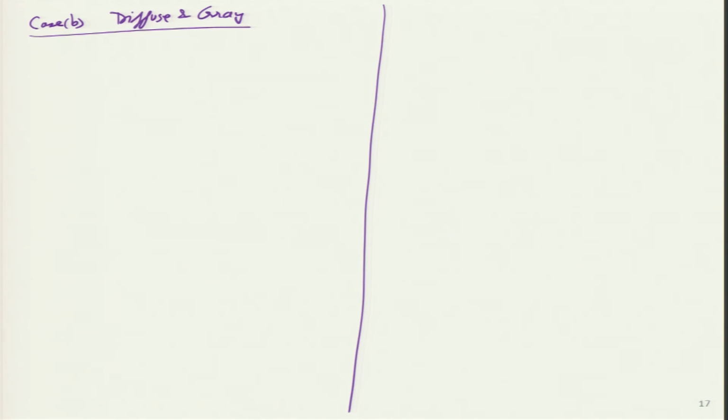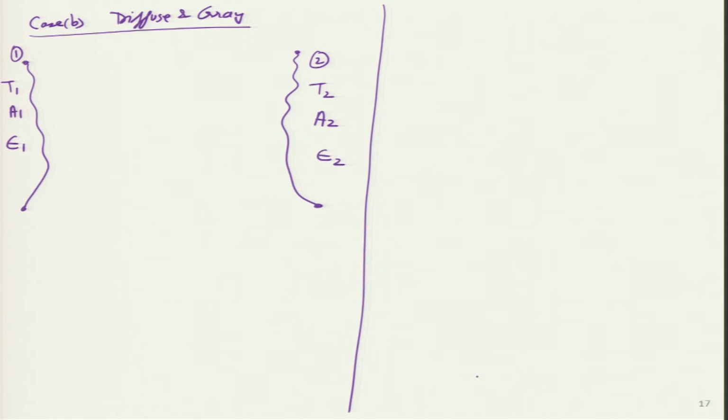If this is the case, then I will redraw this particular body over here. So let us say this is surface 1, but now it has a temperature T1, area A1, and then the emissivity we also know. This is surface 2, temperature T2, area A2, emissivity epsilon 2. Now what we will get very easily over here is, I am going to assume that T1 is greater than T2. So this is an assumption I am going to make, because one of them is going to be greater than the other.